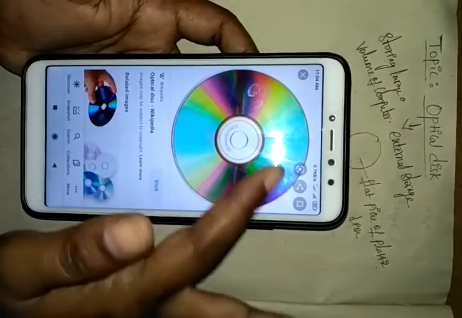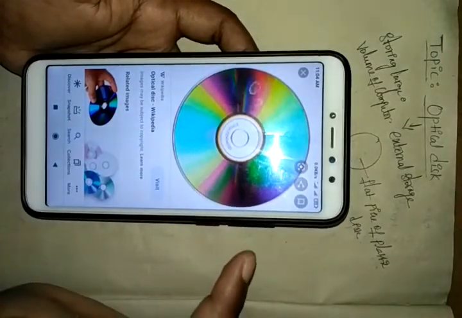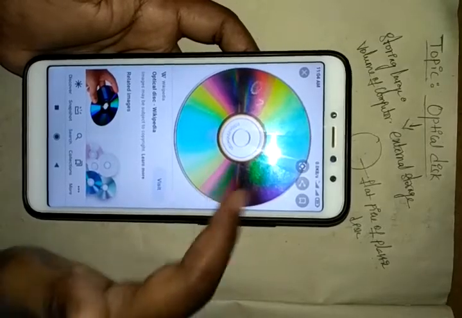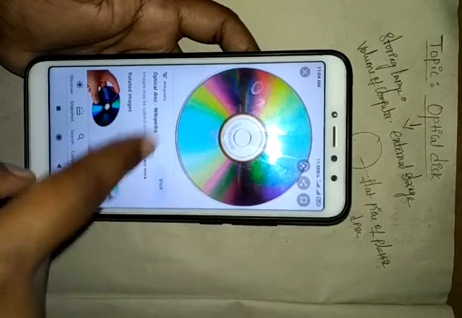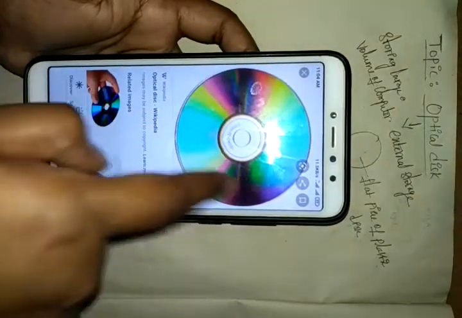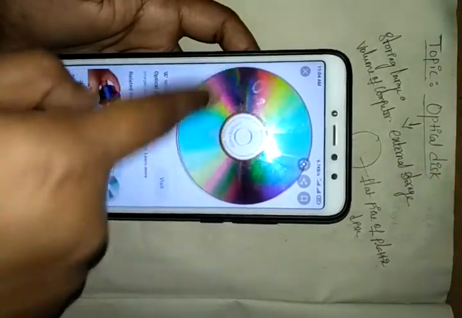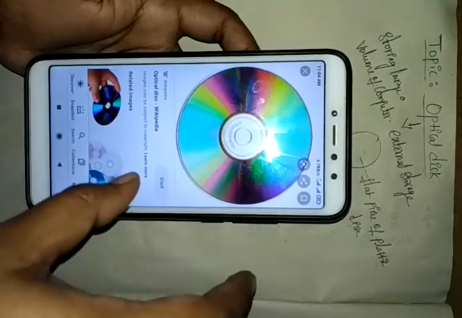It is round, a flat piece of plastic, and the disc is coated with some material.